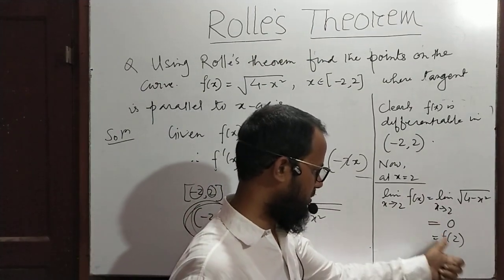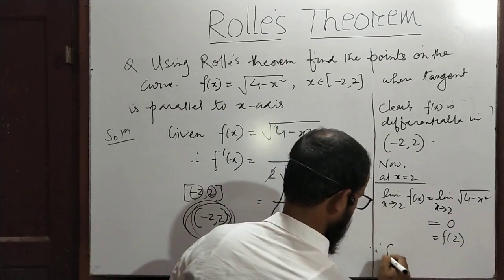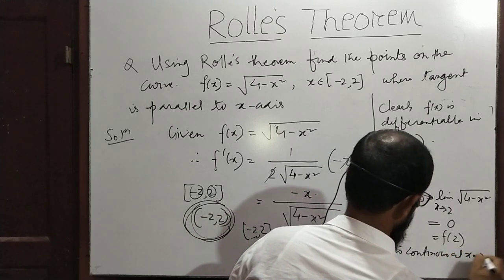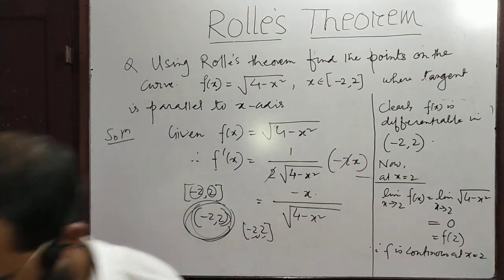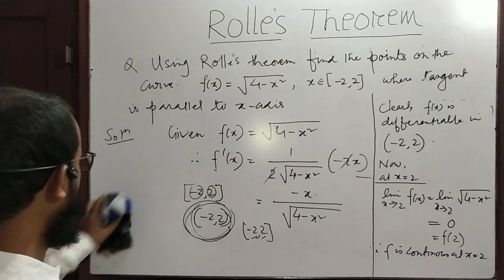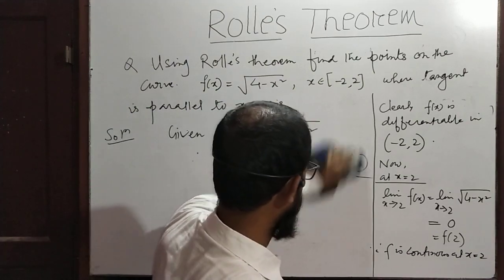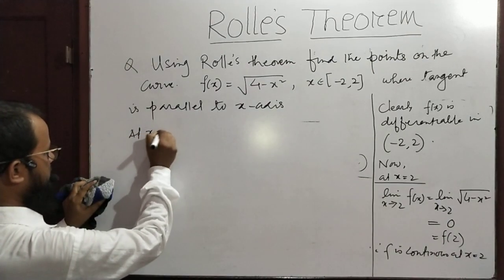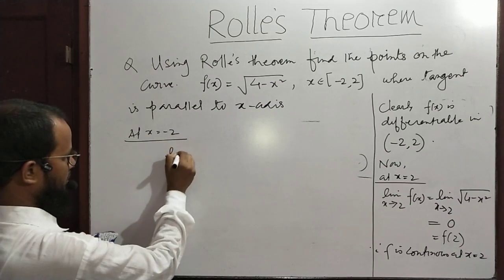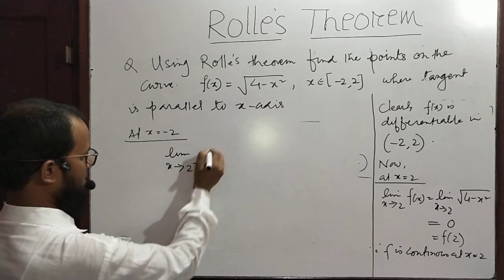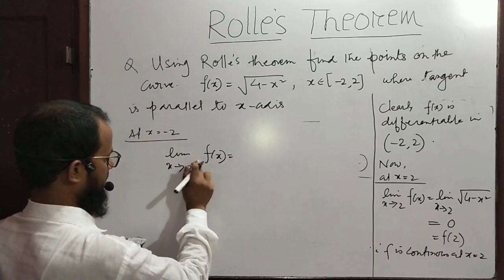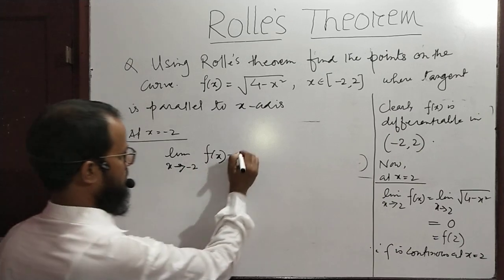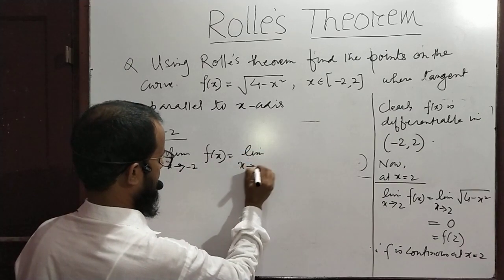Since the limit as x tends to 2 of f(x) is equal to f(2), therefore f is continuous at x equals 2. Now we have to check at x equals minus 2. Also at x equals minus 2, the limit as x tends to minus 2 of f(x), the function is